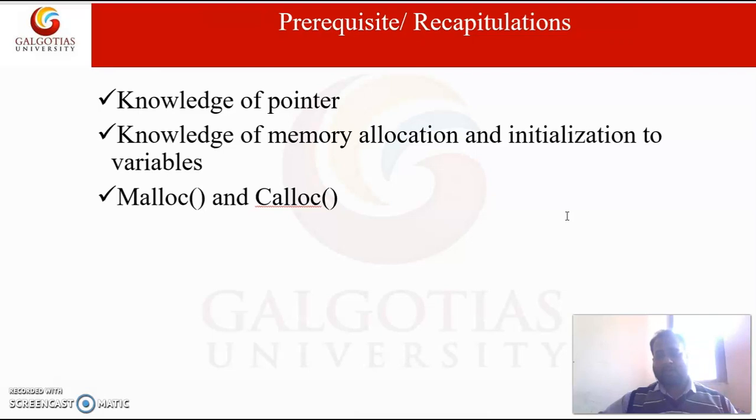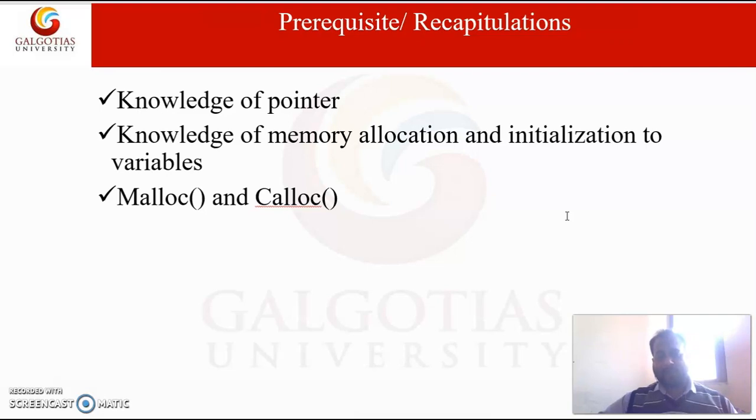Also, a student must have attended the previous lecture that was based on introducing the malloc and calloc methods of dynamic memory allocation.